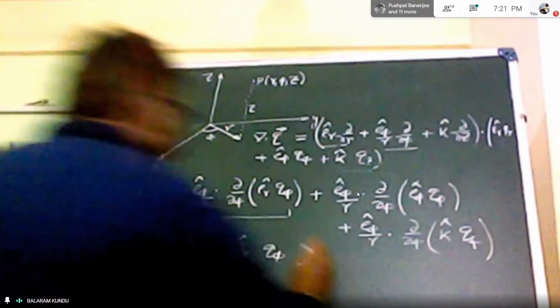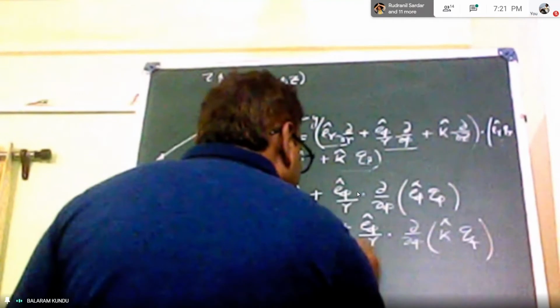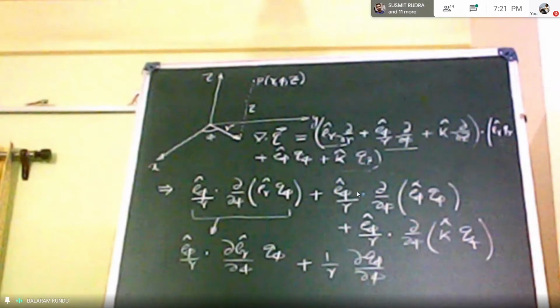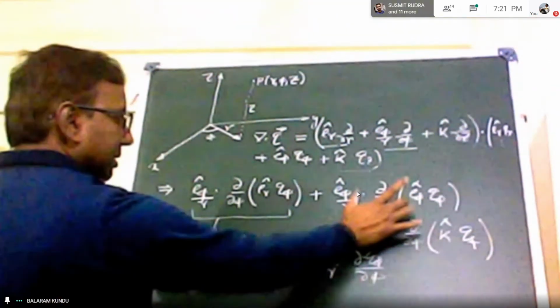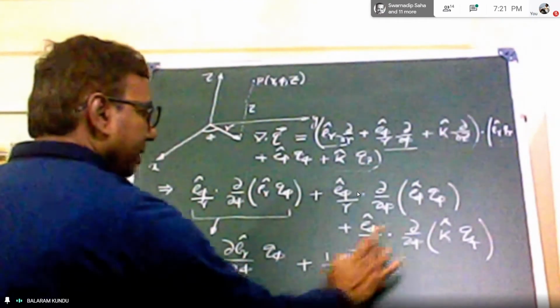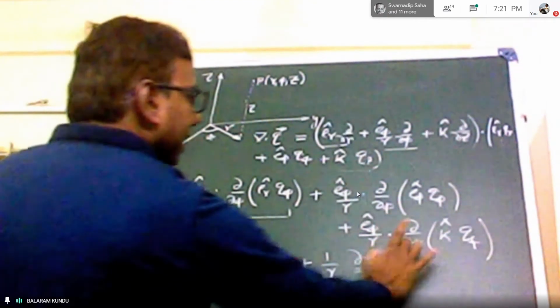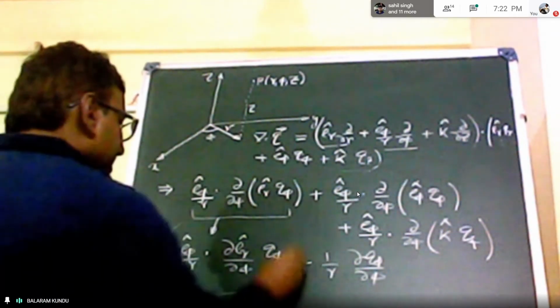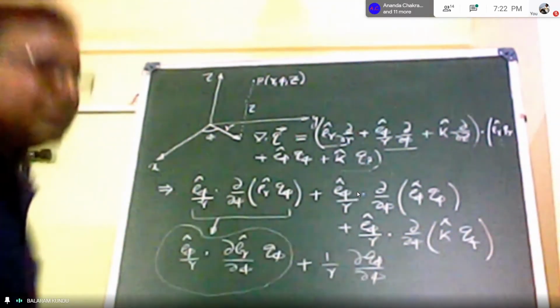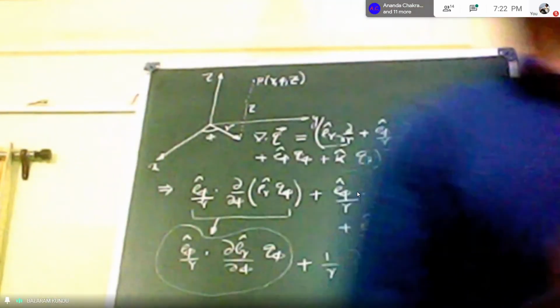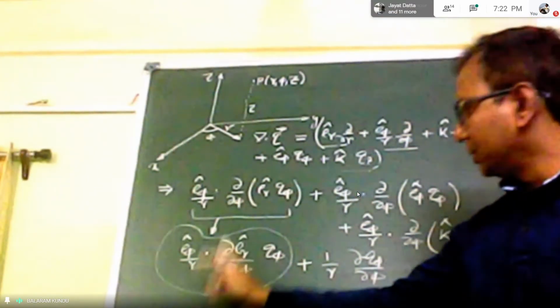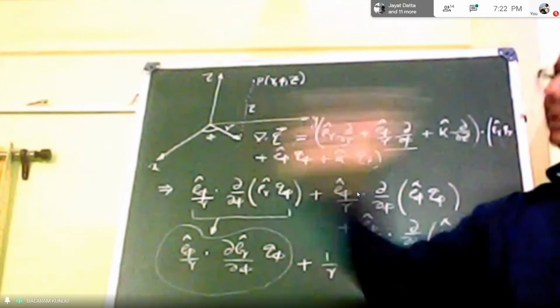And it will be 1 by r del q phi by del phi here. So from the second term, we have this expression, 1 by r del q phi by del phi. And from the third term, e phi should definitely be 0. That means this verification is needed, whether this term will be 0 or not. Checking is necessary here. Only if we know the exact expression of the unit vectors is it possible to check.